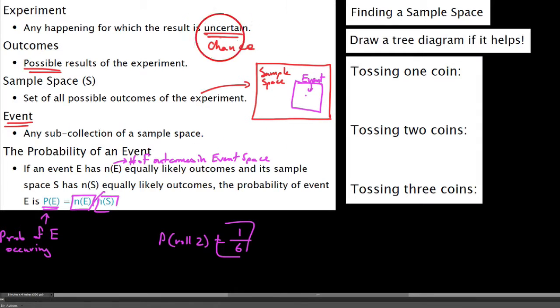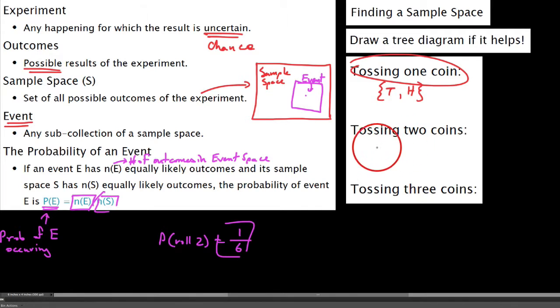So before we get into anything special, what we're going to do is practice finding a sample space. It's going to be imperative to what we need to do. So you notice here it says draw a tree diagram if it helps. Let's do this. To find the sample space or the set of all possible outcomes, we usually write this as a set of things here. And so when we say tossing a coin, what's the set of all possible outcomes that could happen? I would say that it's either going to be a tails or it's going to be a heads, or a heads and a tails. You can listen either way, but this is the sample space for this particular experiment of